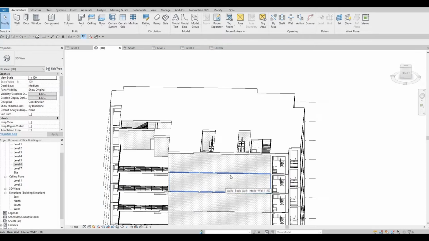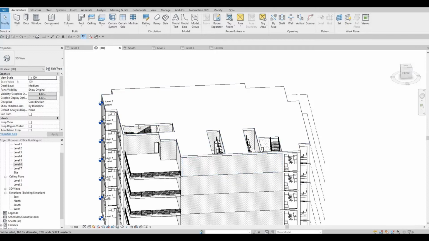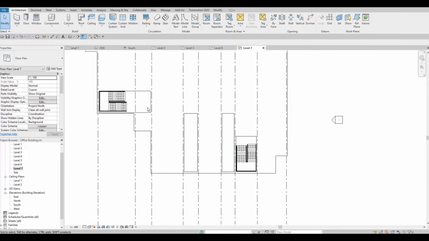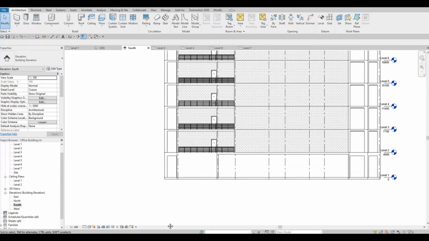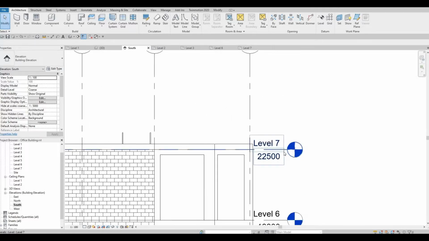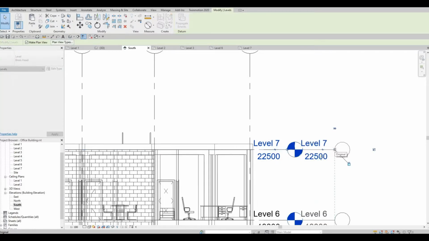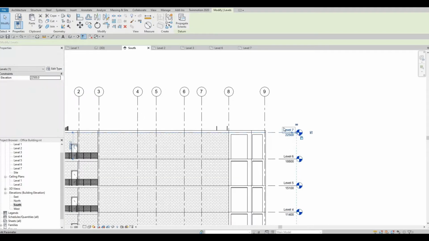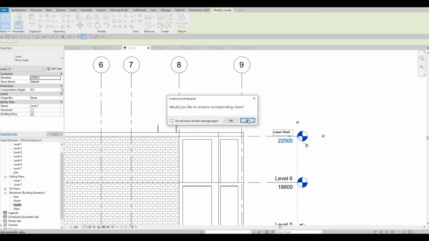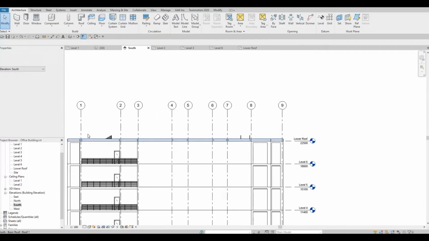And then the next thing that I'm going to do is I'm going to add in some walls here. So to do that, I'm going to go to level 7 and I'm going to add a wall on this area. So before that, let's go to elevation, and as you can see, we have level 7 up to here. I'm just gonna click this and move it on the side again so that we have more room here. We can change this to lower roof, and then we could add in